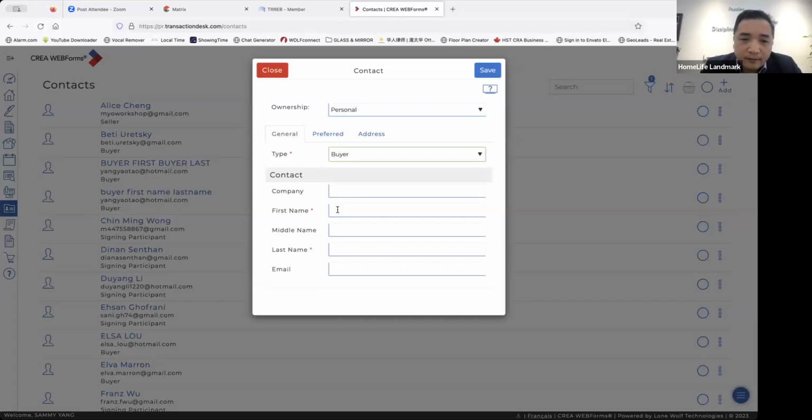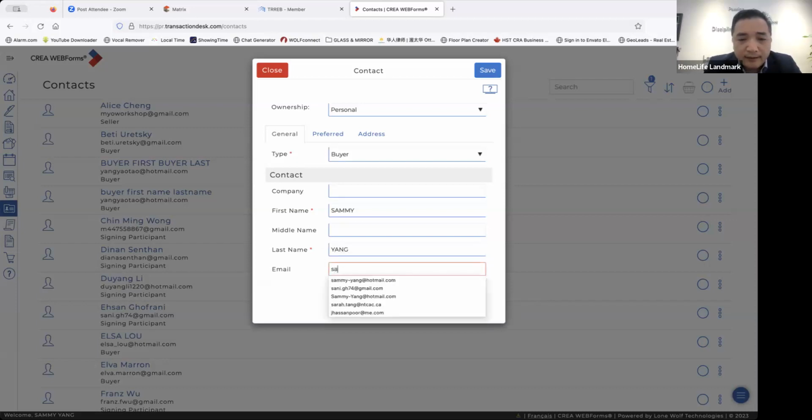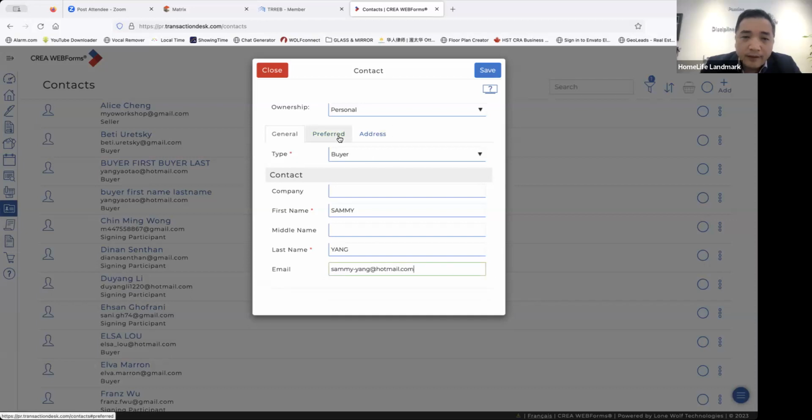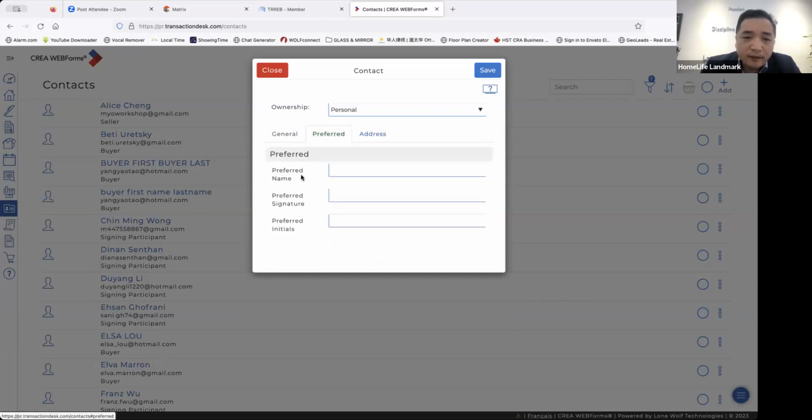Enter first name, last name, and their email address. And the preferred name, because sometimes people have a different name, a trade name. You can put their preferred name,